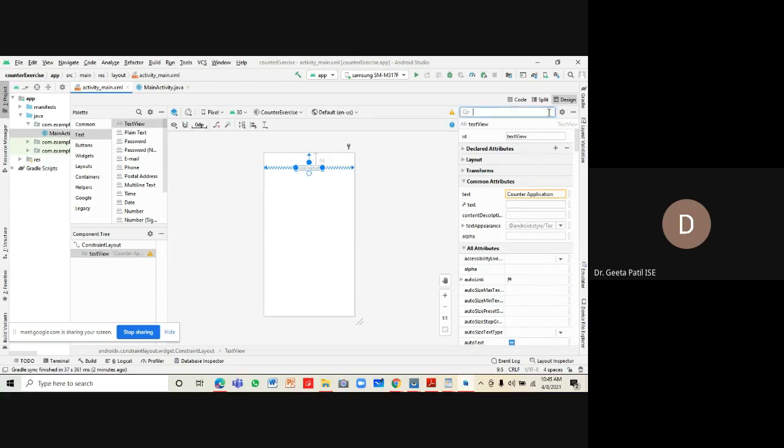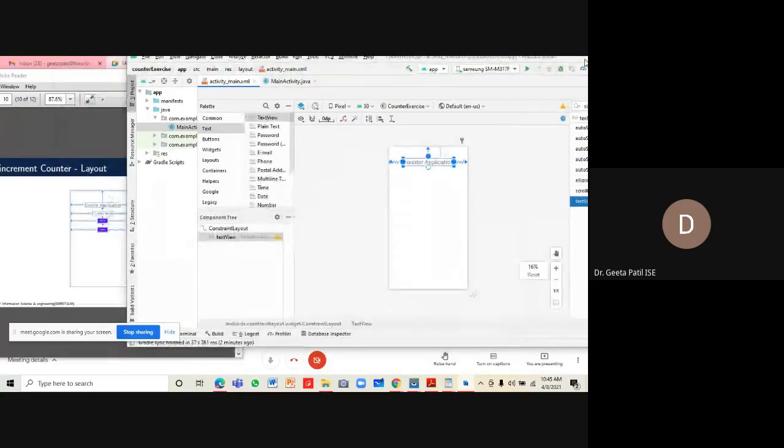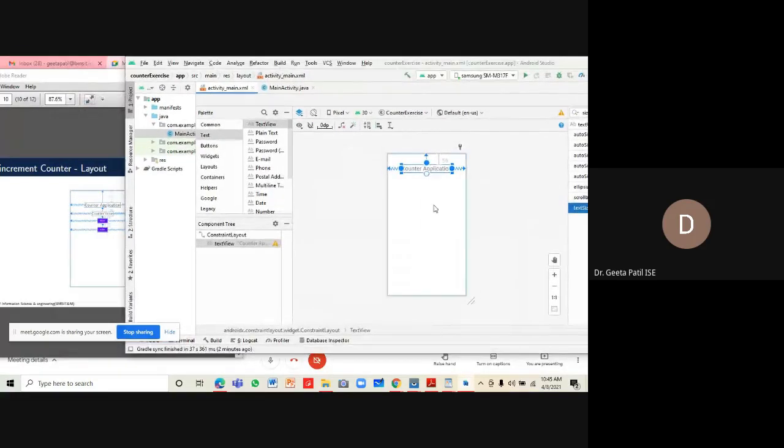If I'm not finding the attribute, I will be typing it. Text size is 14 sp. Let us change it to maybe 30 sp, so we get it quite bigger. That's all. So next we have a counter value.